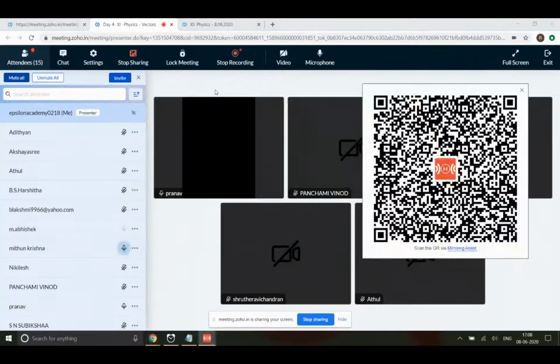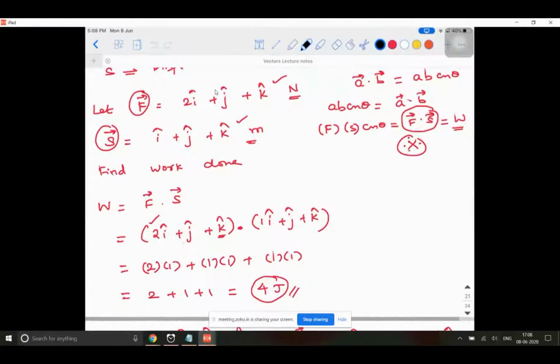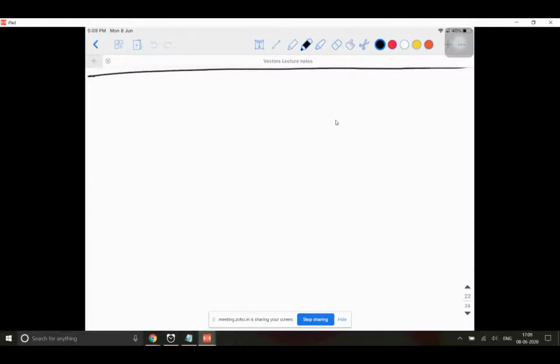Okay, we'll start. Last class we started with the concept of dot product. When I say dot product between two vectors, what exactly are you going to do? Generally, one more point: when this question is asked for 2 marks, you need not sit and write the whole derivation. I told you last class itself, some of you have written it. That's good, but every time you need not do it because you'll be wasting time unnecessarily.